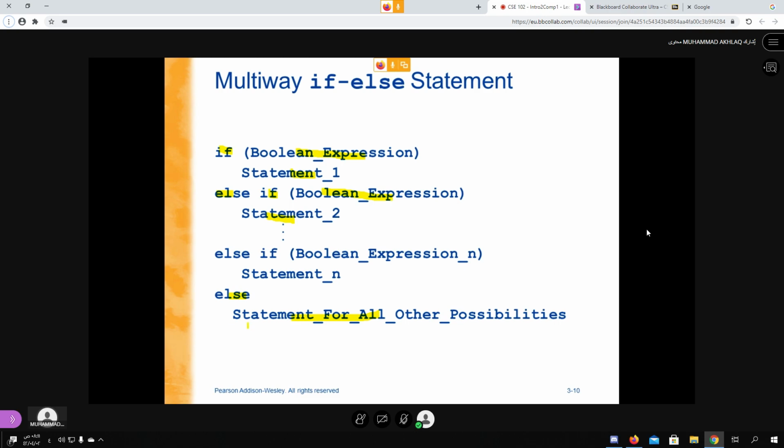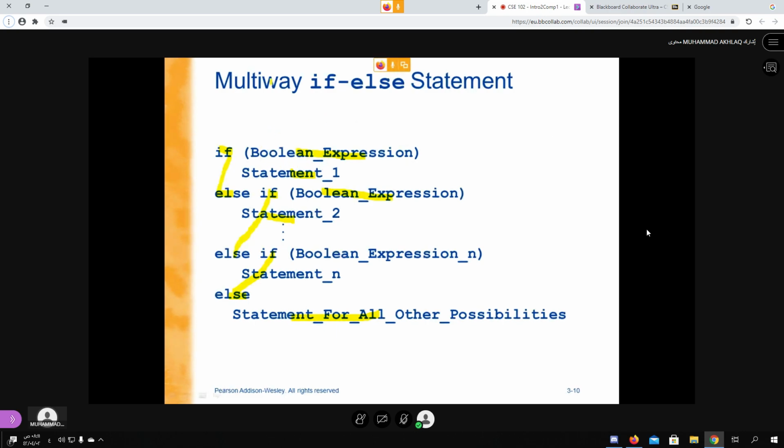Now you can see if you have a last one else, okay, no problem. If you remove else, no problem. Okay, it can finish at else if, no problem. Because an if can be without else, but any else cannot be without if. So if you reverse, you see this if has this else, this if has this else, and this if has this else. So basically, if this statement is okay, none of the next will run. But if this is false, then it will check this. And if this is run, then none of the next will run. So only one of them. So in this group of statements, only one part will run, whichever expression is true.